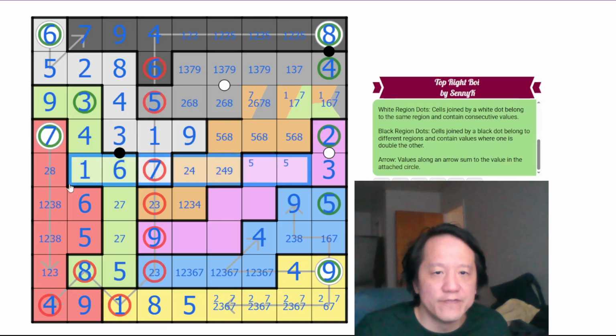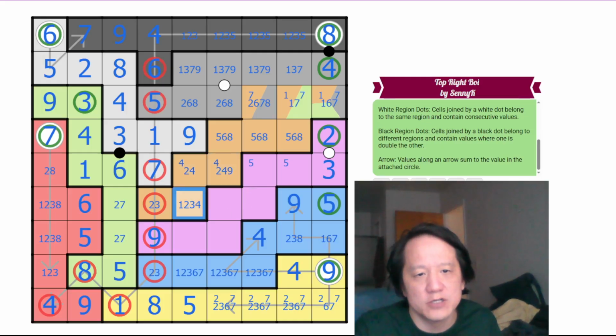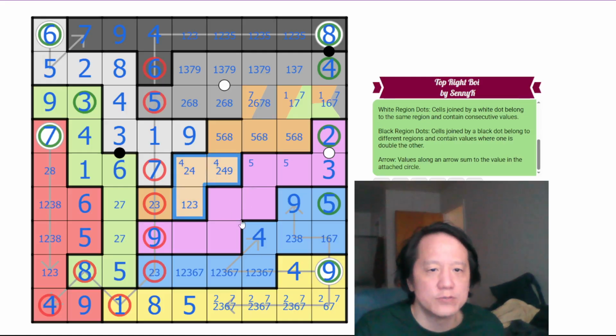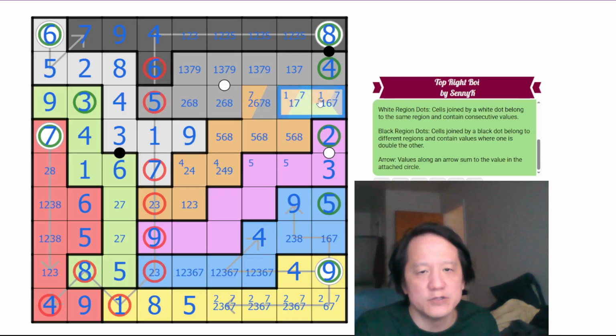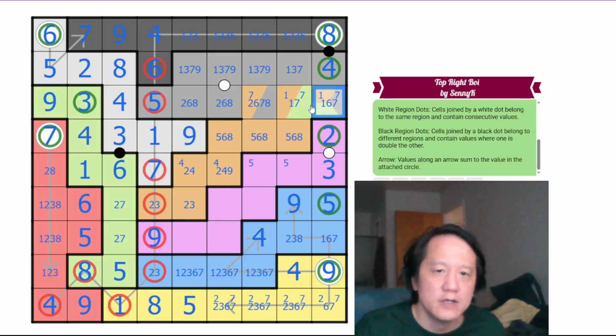So where is the 4 in row 5? Can't be here because of 4 in the column. Can't be here because of 4 in the column. So 4 is guaranteed to be here, which eliminates 4 in the rest of the orange region. Also, we know this is guaranteed to be 1. That eliminates 1 in the rest of the orange region for the